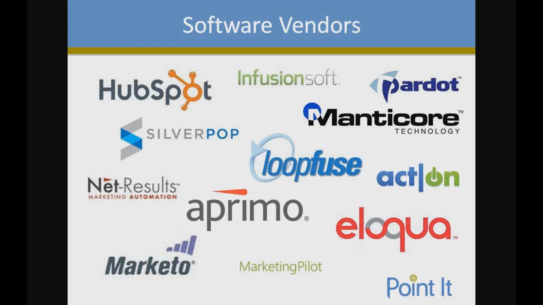Exactly. So I've seen companies that are mom and pop shops who have a list of say 100 email addresses using a platform that will cost them around $200 a month, to enterprise companies with multiple lines of business, global locations, and multiple languages that all of their marketing efforts are diverted into, spending upwards of $20,000 a month. So there really is a great range, but because there are so many vendors out there right now, it's really easy to target in on the one vendor who is right for you.